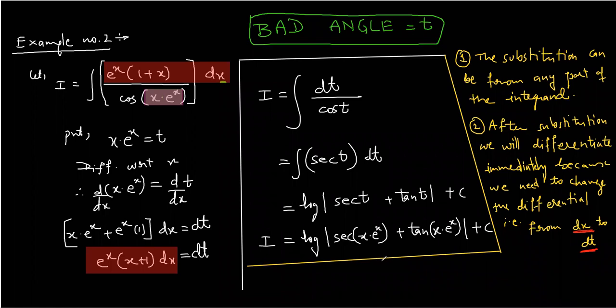You may even increase that percentage, but in a few problems it may not happen. So see, what was the second one? After substitution, we will differentiate immediately. Yes. So the third is: after differentiation,